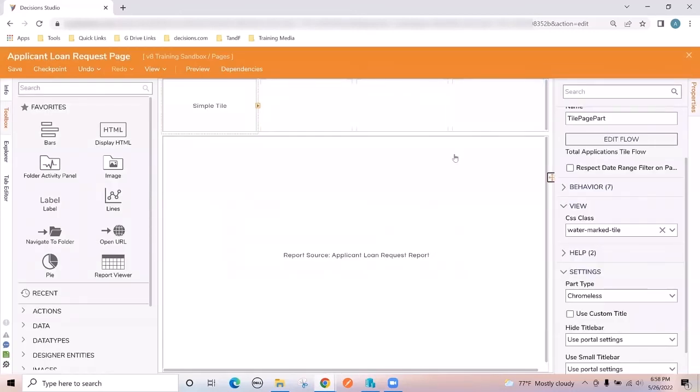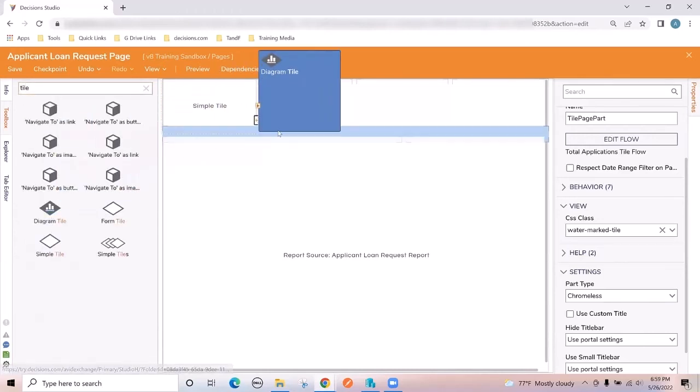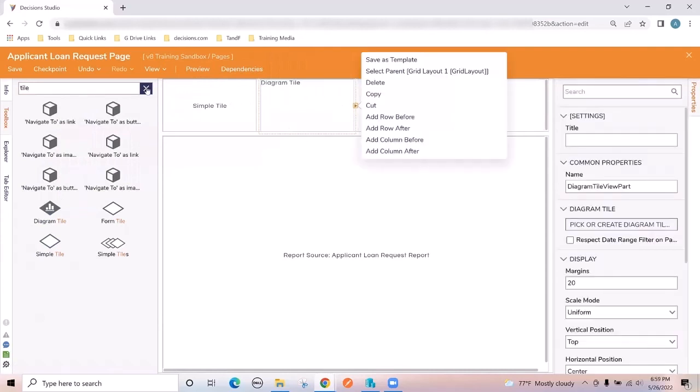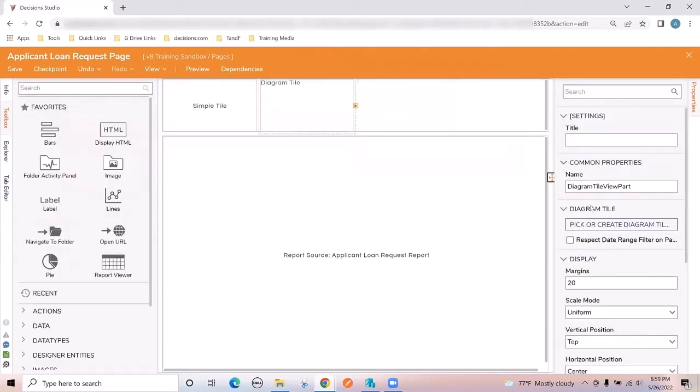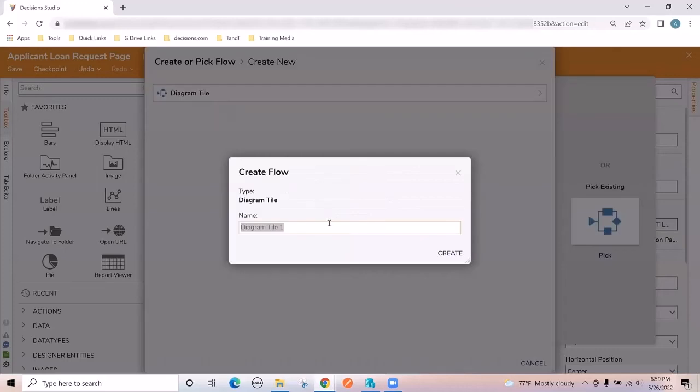Now what we'll do next is we'll create a diagram tile and learn how they are created and how they are different from simple tile. So I'm again going to search for the keyword tile and drag and drop a diagram tile this time. Now, when I do that, as you can see on the right side, it gives me an option to pick or create diagram tile flow. So I'm going to click on this and go ahead and create the diagram tile flow. And we will call it